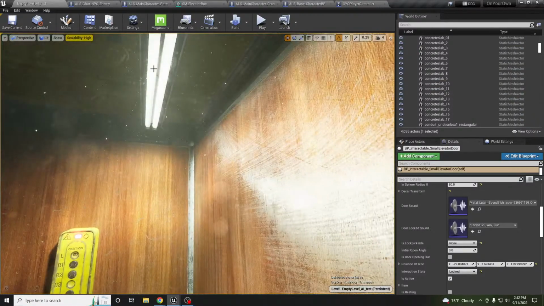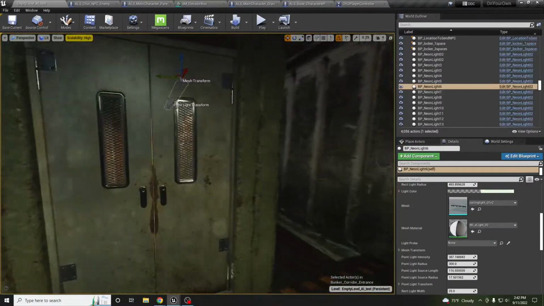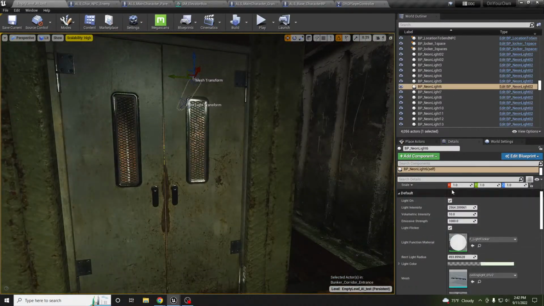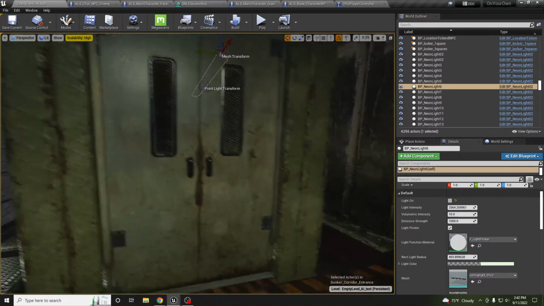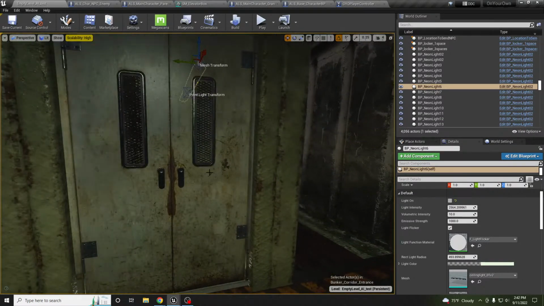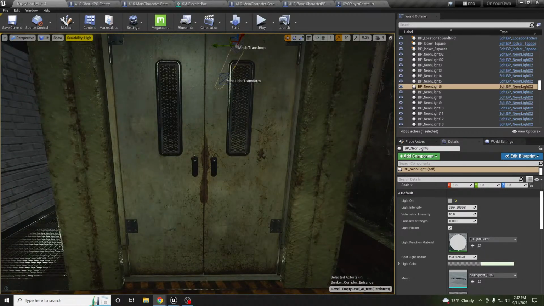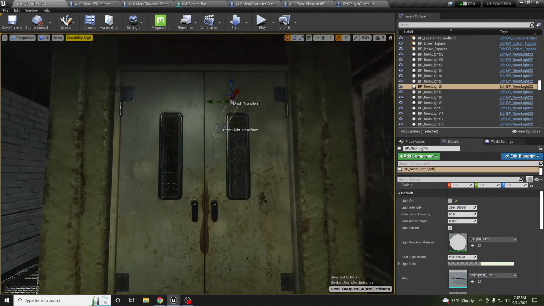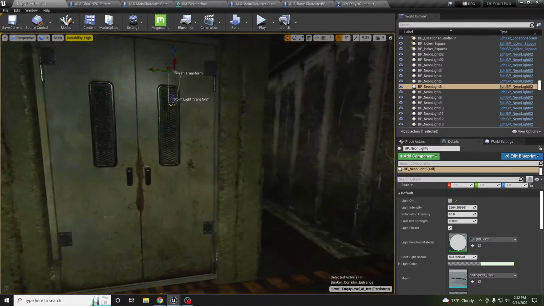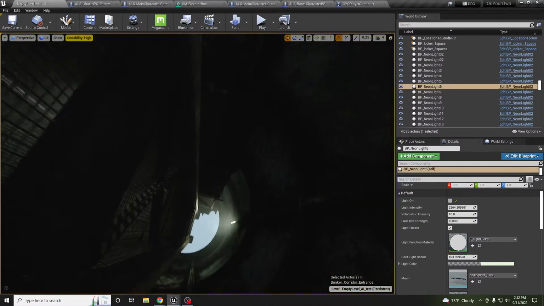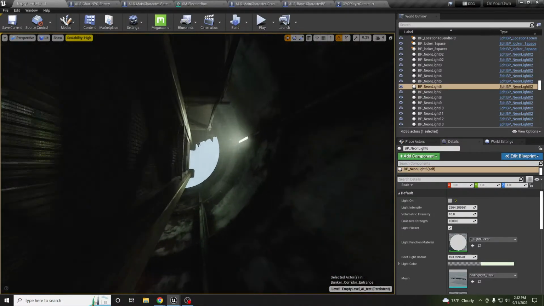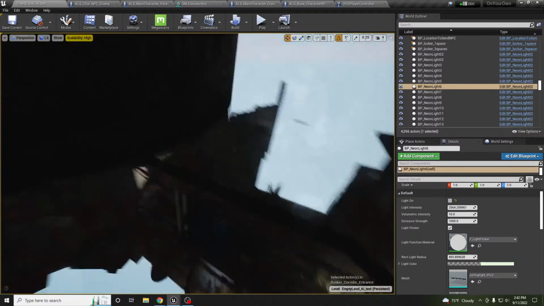so that way we can tell when the elevator is on. If I can just turn the light off in here, just like that, you can tell that the elevator is off. And of course, with the door being locked, at that point there could be some instruction given to the player to enable the elevator. So yeah, with that being said, what I'm gonna do is start by